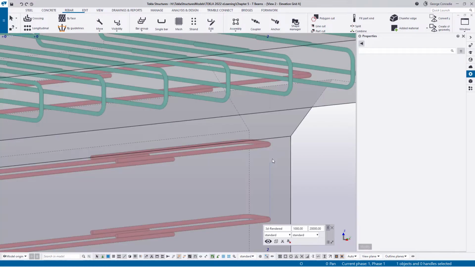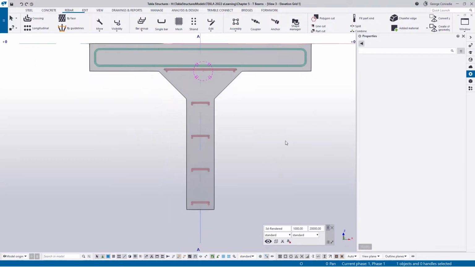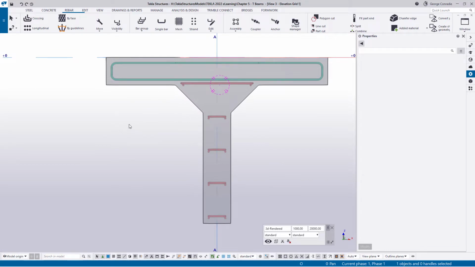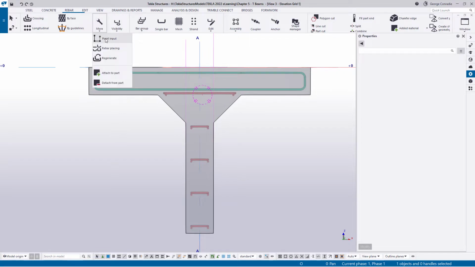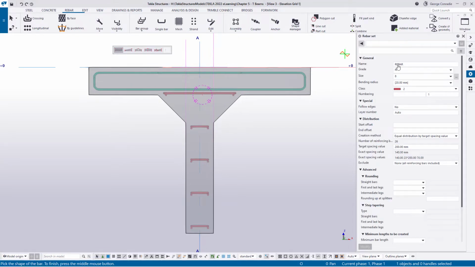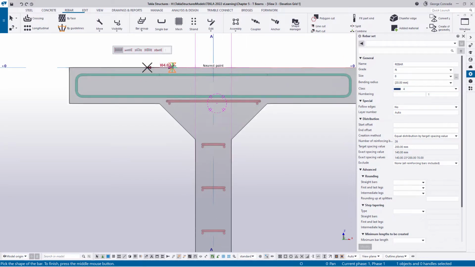So for that, I'll go on to the end elevation, this one, and I will go to construction line, which is L on my keyboard, and I'll just click that point, and I'll make sure that I cross the top point. I'll click this point and just drag it up, so I've got some reference. And then what I'm going to do is go to more, point input, make sure I'm linear, make sure that my bars are set up, my properties are set up right. In this case, we want a blue bar, and then we'll pick the same distribution of 200, and then I'll just pick any point, any line there,